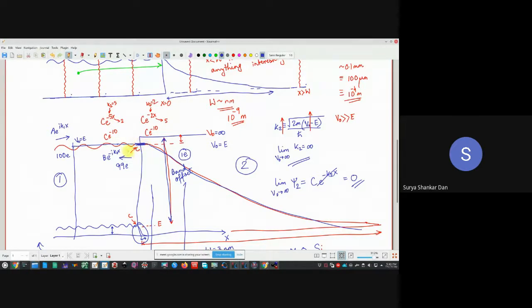Where is the tunneling happening? If it is a ball, it will come here and get rebounded. It will not enter. Quantum mechanics simply tells you, with mathematics and all that, that it will enter. Now the reduction in the energy, the loss of energy that you are talking about, happens inside the material. It doesn't happen in the quantum mechanical barrier. The moment the particle has entered that material, it is not in the barrier anymore. The electron has come here. Then conservation of energy is perfectly valid, because here it is not a wave. Then it is like an amplitude of the particle. So basically, it will essentially reduce.